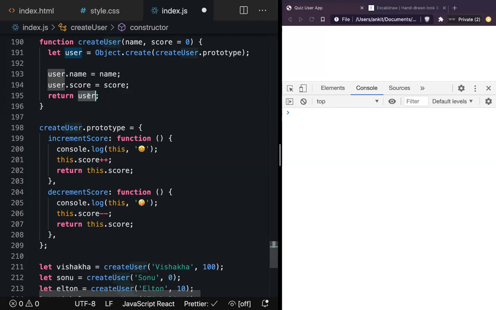Okay, so anybody else who can repeat it again? Like to create like this, first we have to create a function, create user. Inside that, we can create an object by using object.create. Inside that we will pass an object as a parameter, and that object we can create using user.prototype. Inside that we will put all our methods that we are going to use. And we are using object.create, adding all the properties and returning all the values, right? So can you see there are a lot of steps here, right?